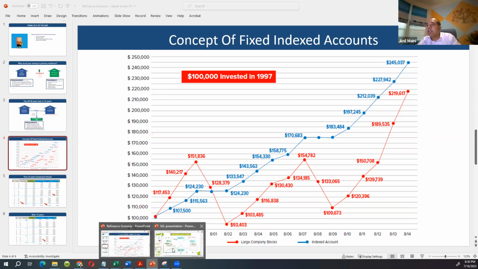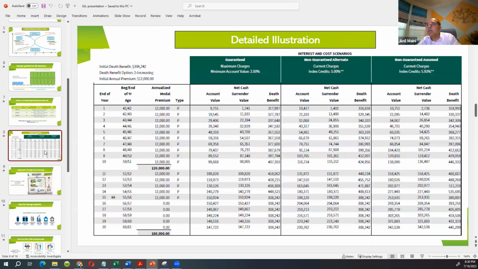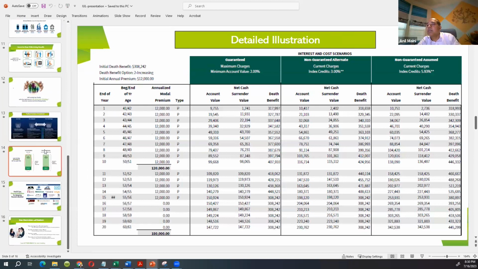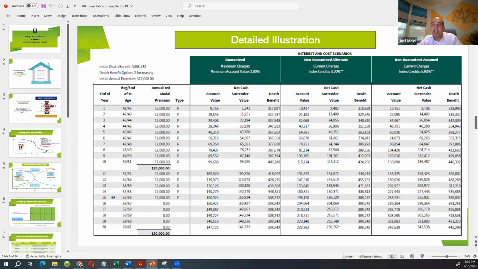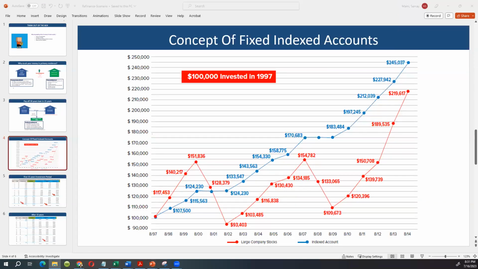Actually, we have the updated version of this graph as well, in another slide. I have another presentation, but this one is a little bit old. This is showing from 1997 till 8/14, but let me show you the one we discussed 3 weeks ago in our fixed index strategy discussion. The topic itself was fixed index strategy, and that will be our topic of discussion again after about 2 to 3 weeks.